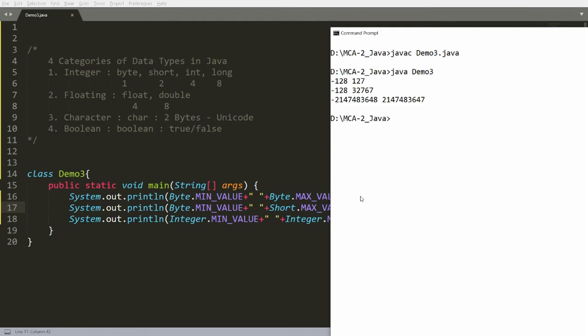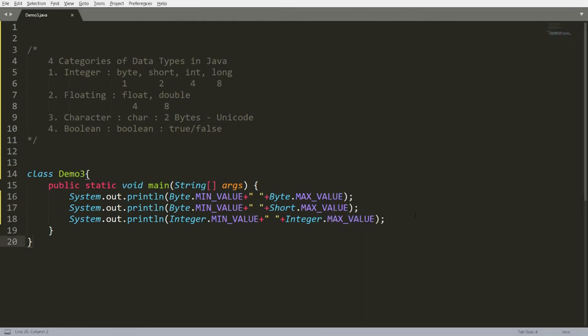But if it is an integer, then minus 2147483648, and if it is positive, then it is 2147483647. So this is the range of integer. If you look carefully, you have 1 2 3 4 5 6 7 8 9 and 10 digits, but the maximum range value is only from 2 to 2. It means you cannot store a mobile number if your data type is integer, right? So for that you need to take the data type long.